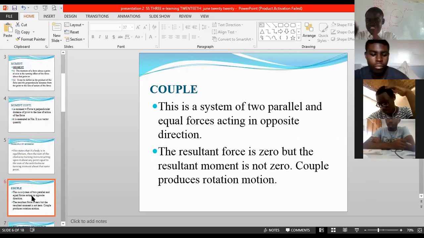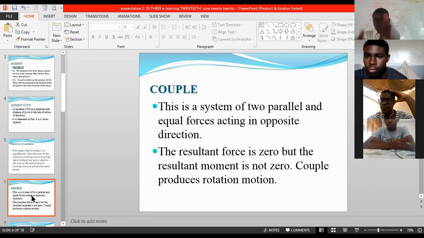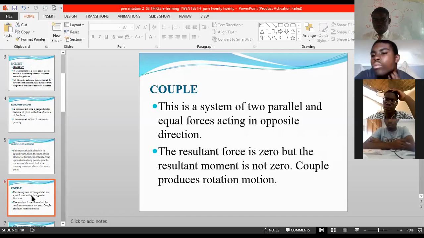It's just like the steering. When you are driving, you are carrying out a couple force. The forces are in equilibrium. One force is moving up, another one is coming down. They are equal in size, but opposite in direction. Now, if one happens to be greater than the other, the car will what? Will negotiate a bend. Daddy, can you drive?